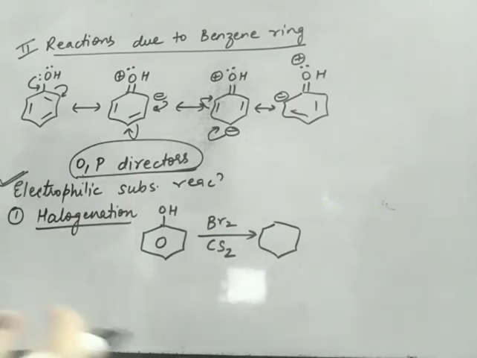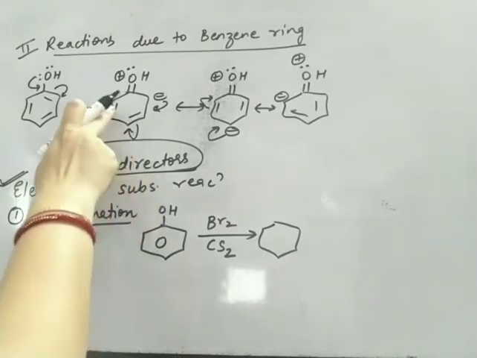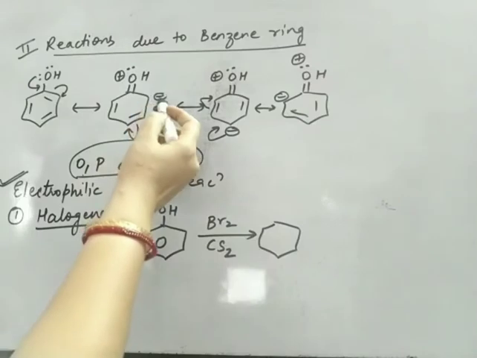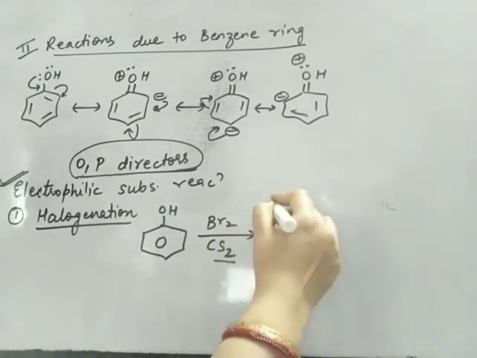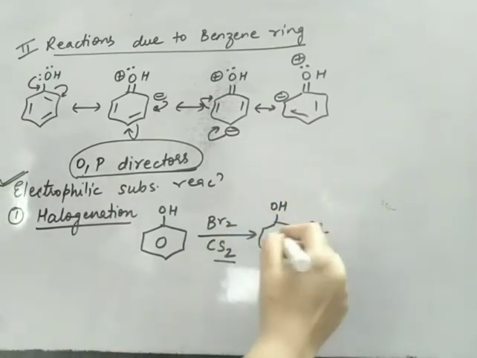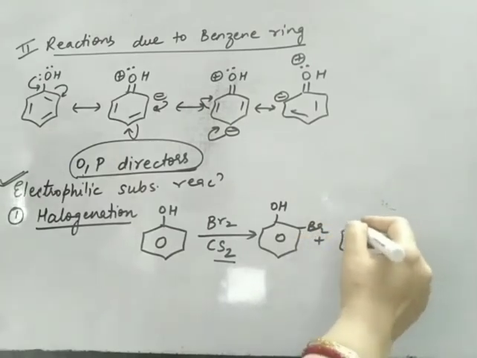Okay, what was the role of anhydrous AlCl3? Halogen carrier. Because the substitution, if it occurs on benzene, it will not be very easy substitution because benzene is quite a stable compound. But this OH group is an activating group. You can see at ortho and para positions already negative charge is there. So no need to use the halogen carriers. Simply a solvent carbon disulfide will be used. So I will get ortho bromophenol plus para bromophenol.